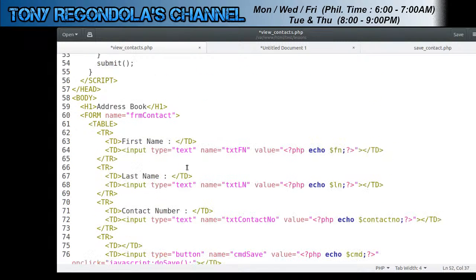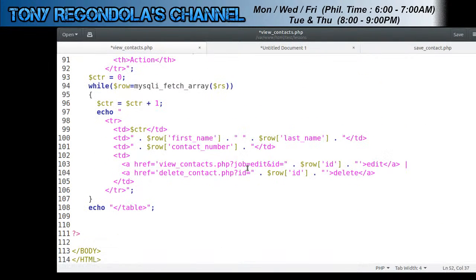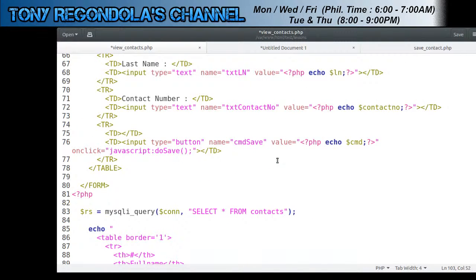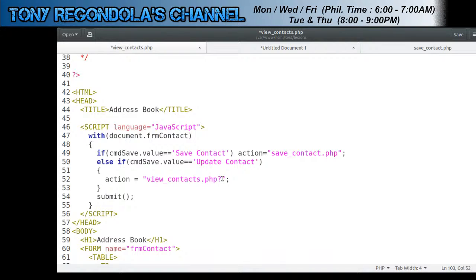Let's copy this one. Job, but this time it should be update. Okay, and the ID would be whatever the ID that we're going to